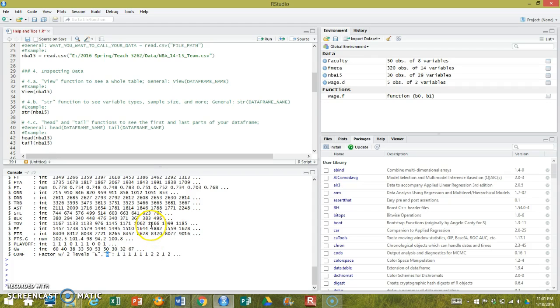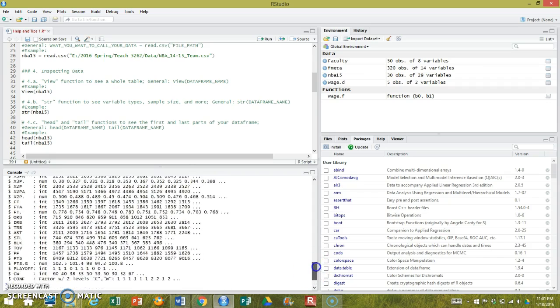Those are not numbers. Well, we told it to treat strings or letters as factors. So R thinks, great, I've got a factor variable, and it has two levels, E and W. And numerically, it codes it as a 1 or a 2. You don't need to worry about that. In any event,